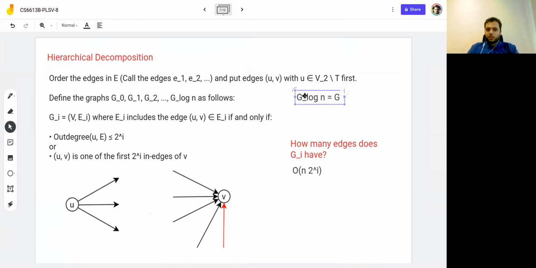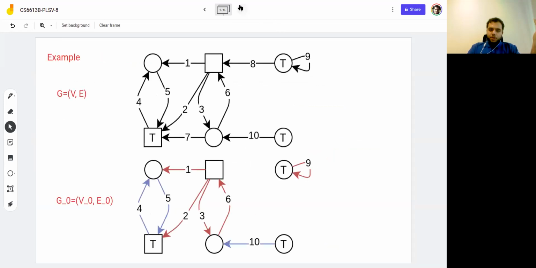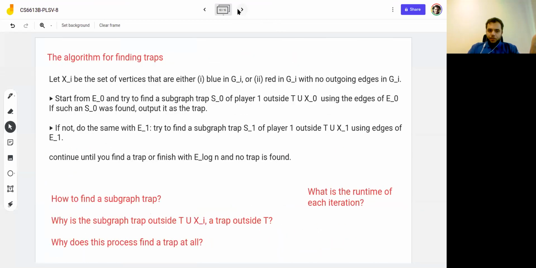I could just, as in the original algorithm for reachability, find the trap in the original graph G, right? So if there is a trap in the original graph G, I will find it, but I'm just wasting so much time there. But why am I doing this time wasting? Well, because there is a chance that I actually find a trap in one of the smaller subgraphs. And if I can find the trap in one of the smaller subgraphs, then I would be much happier. Why? Because, well,